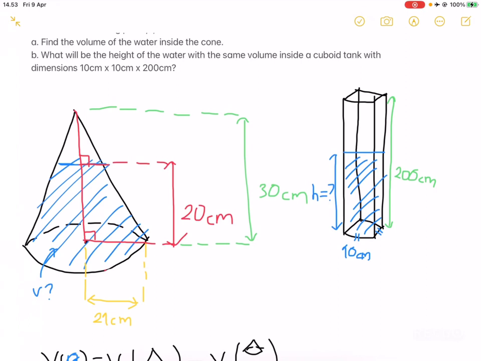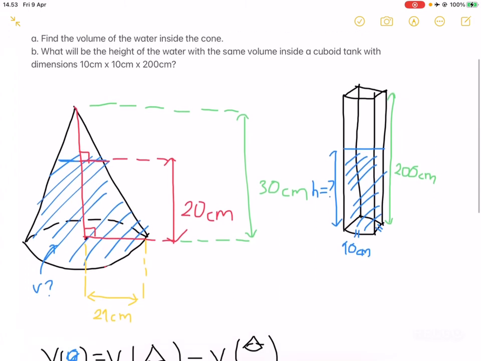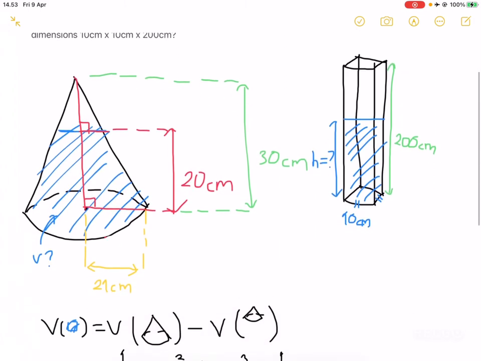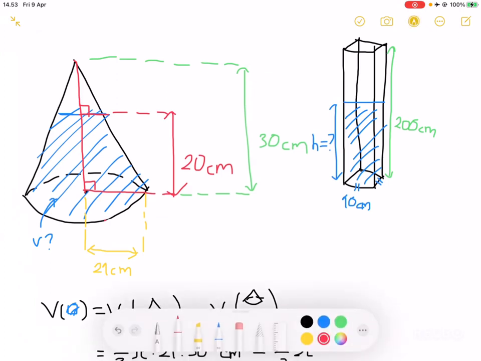However, that is a problem. We're not given the radius of the little cone formed by the surface of the water. And that's not typically a problem, but it is a pretty difficult problem to solve if we are not familiar with similar triangles. So as you can see, I've labeled